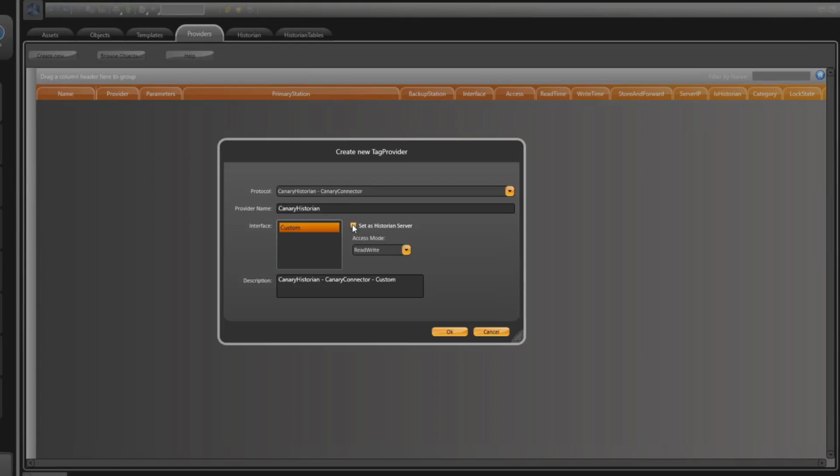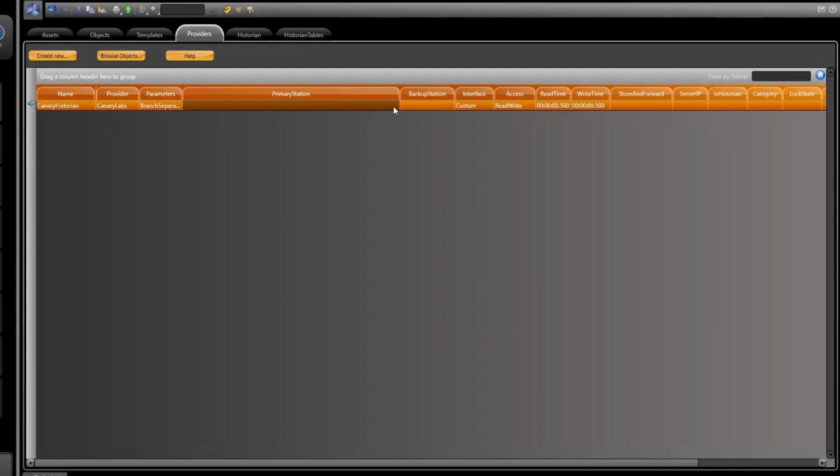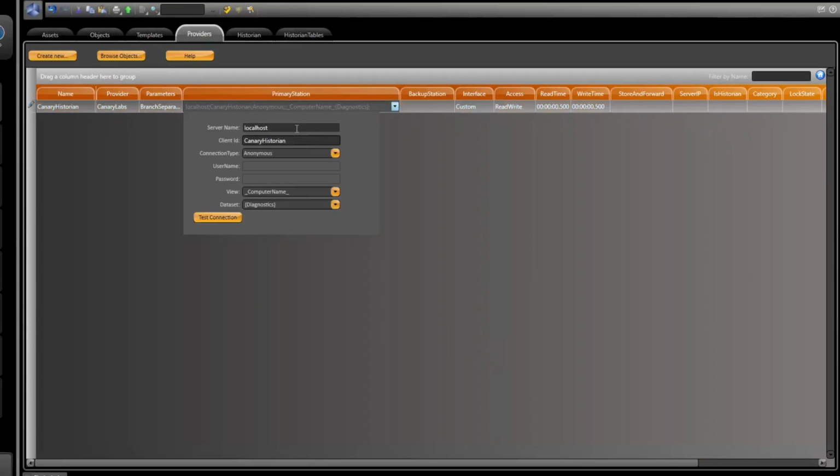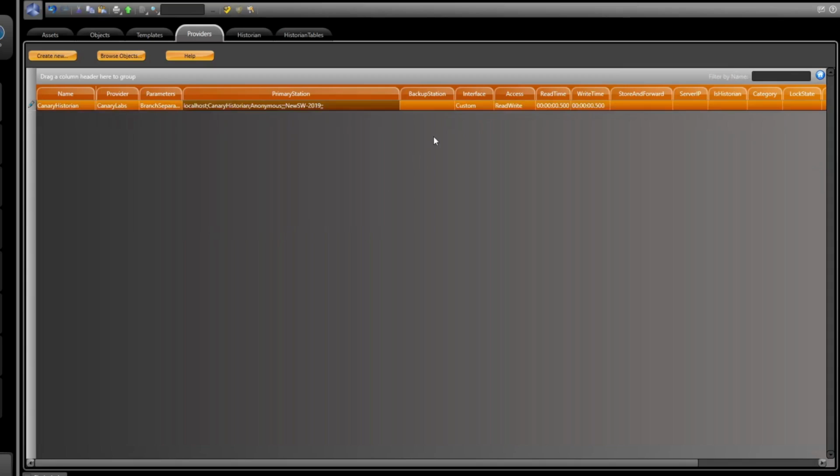Once we decide on which options to select, we'll hit OK. Now we simply configure the primary station. And in this case, my Canary Historian is on the local host. For the view, I would select the computer name, and for data sets, I could select one of the asset trees within Canary Historian, or we can leave it blank to allow us to look at all the asset trees within Canary Historian. Test connection, we can see we're successful, and now the Canary Historian provider has been set up